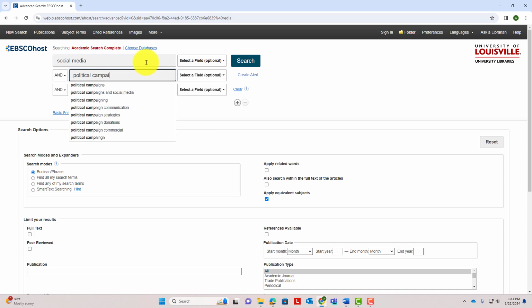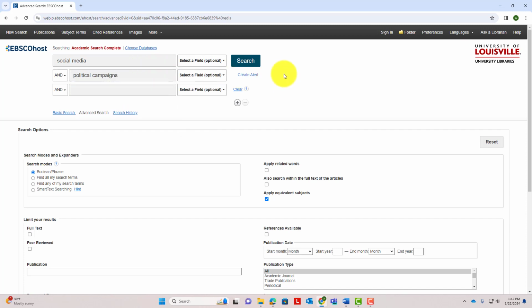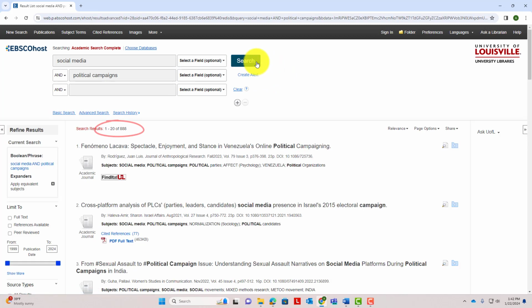First, we'll put social media in the first box and political campaigns in the second. This search gave us over 800 results. While this is not a lot compared to Google, it's a lot for a library database. But remember, we've already brainstormed several narrower keywords,